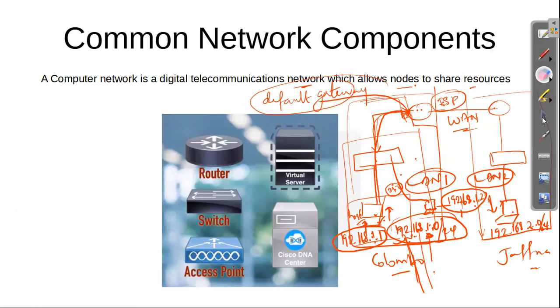If it is in the same network, it will send the message directly from here to here. If it is in a different network, it should send the message to the default gateway. Understand? I think you can understand, because I'm explaining simply. If you cannot understand, just let me know. Okay, guys. Next.